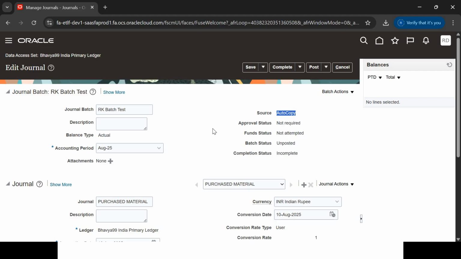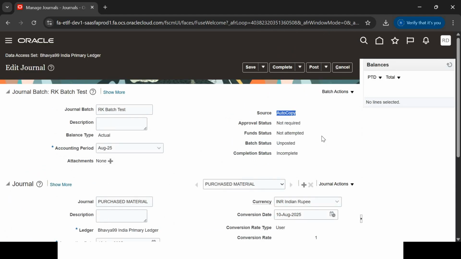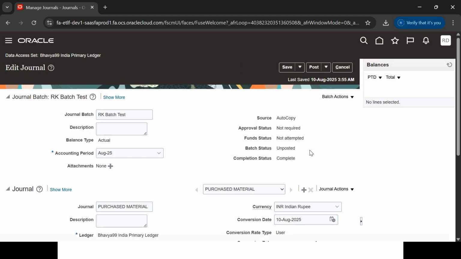Whatever changes you want to make, you can do them here. The batch status is now showing as Unposted, and the completion status is Incomplete. Once you save this journal, click Complete, and click the Post button, the status will change, and the completion status will also change. So let me save this journal and click Complete. Once completed, the status is Completed, and the batch is still Unposted. If you click on the Post button,